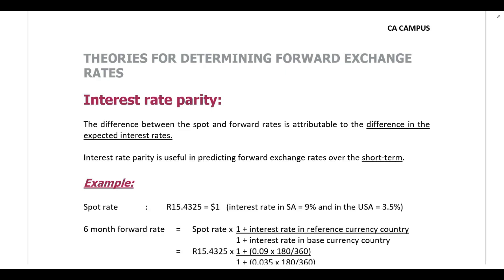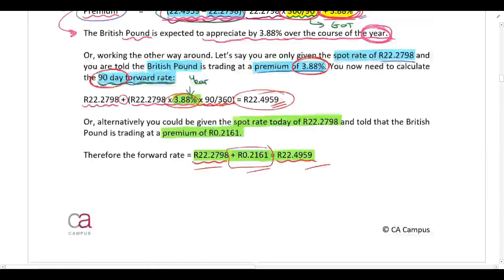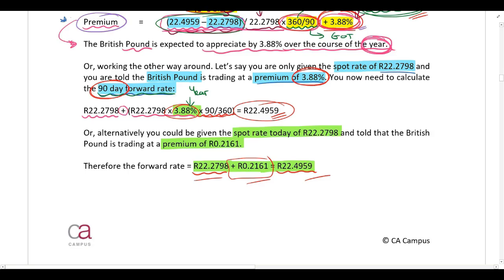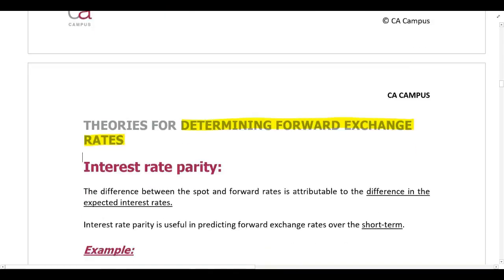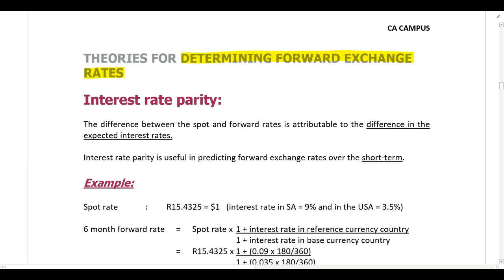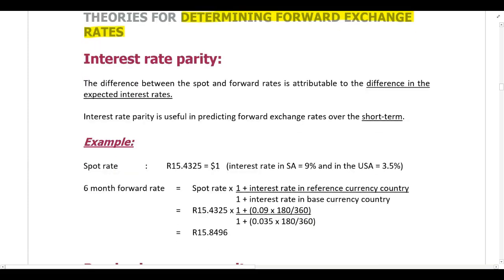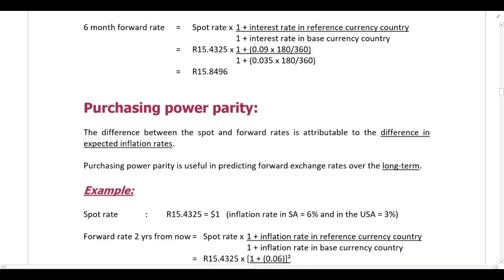We then need to cover two other methods that can be used in order to calculate your forward exchange rate. So on the previous page, we looked at a few calculations over here. If you're given the spot rate, how you can calculate the forward rate if you know that the rand is trading at a premium or a discount, etc. We are now going to look at two further ways that we can calculate forward rates. Either we can use interest rate parity or we can use